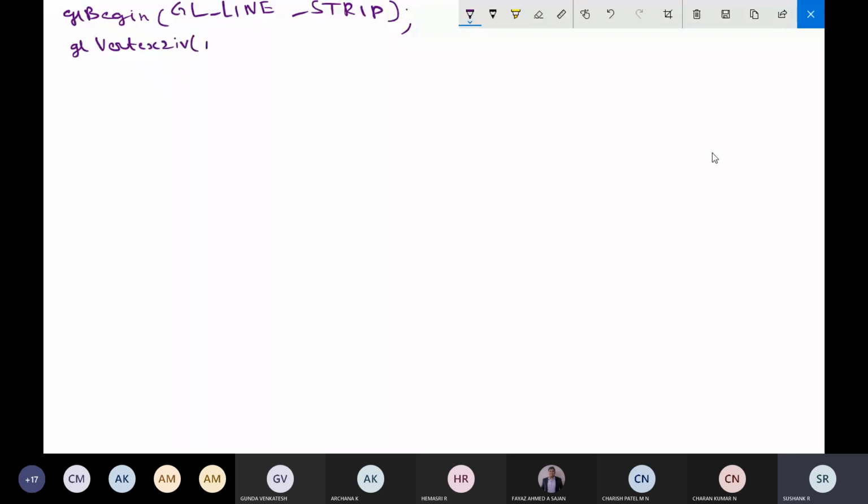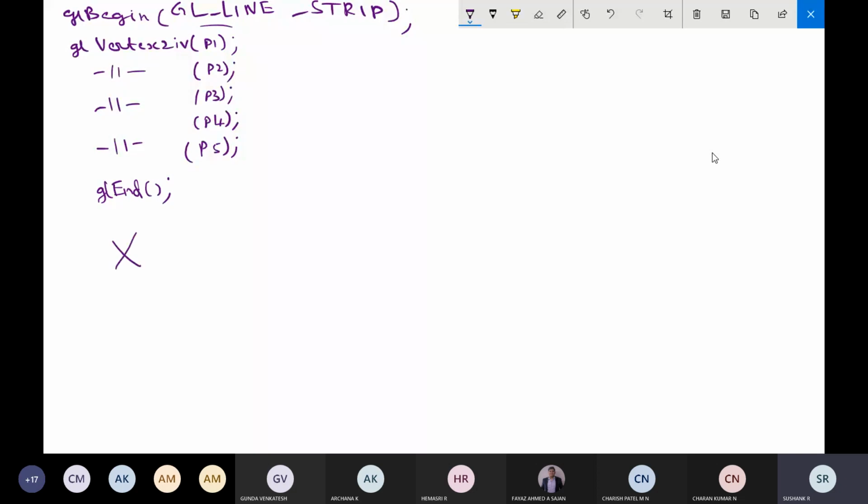V, then I'll give some point P1, and the same thing I'll repeat: P2, P3, P4, P5. This is the same, so I'm not repeating it, to not waste time. glEnd. In the earlier example, with GL_LINES, I would have got two lines like P1, P2, P3, P4.